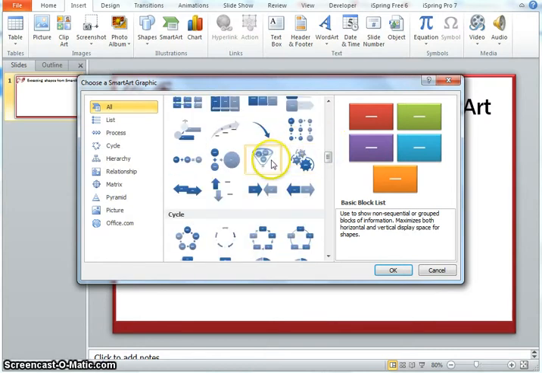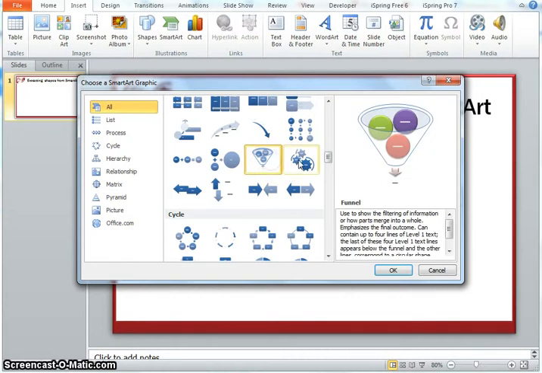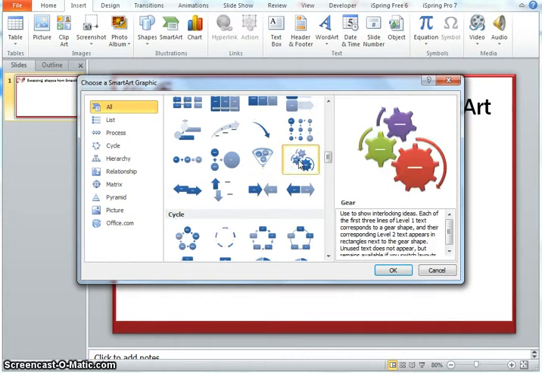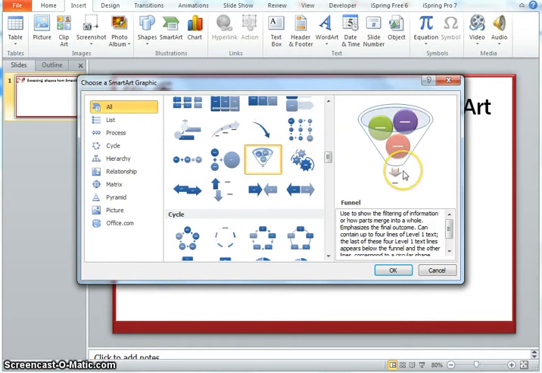For example, if I look at this funnel, or this gear change, I like these gears a lot. When I need to create different points for a particular presentation slide, I love to use these. If I need to put in 6 points, I will use this, and if I need to put in multiple points, then I may want to use this one. Also, this funnel is a great piece of innovation that I can use.